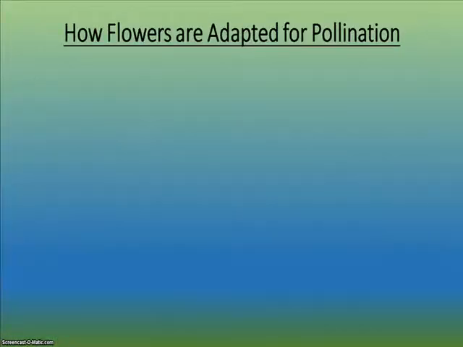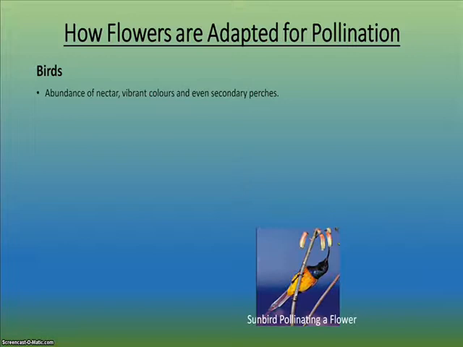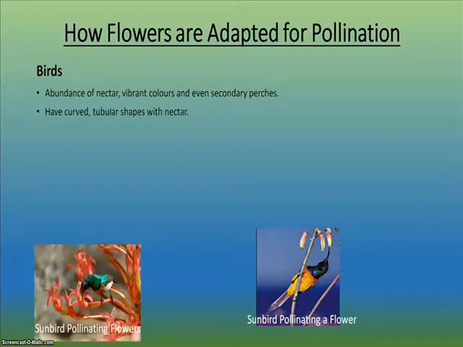How flowers are adapted for pollination. Flowers have developed many different mechanisms for attracting and using birds for pollination. They have developed an abundance of nectar for the birds. The vibrant colors of flowers are also for the attraction of birds, and some flowers have even developed secondary perches